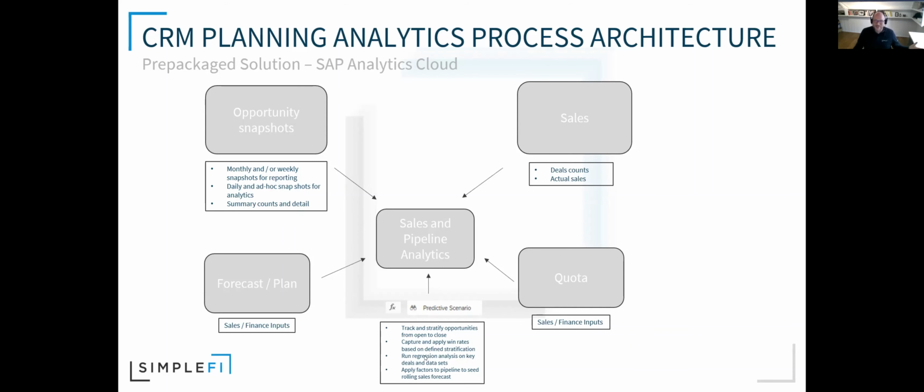But this is SAP's strategic solution for predictive analysis. So you can also take your opportunities and run them, classify them, and run them through regression analysis. If you want to do opportunity scoring on key deals or key data sets, or if you want to see, hey, when I have deals at stage 1 or stage 2, what's the likelihood of them progressing to stage 5, right? So there's a lot of built-in predictive analytics capability,